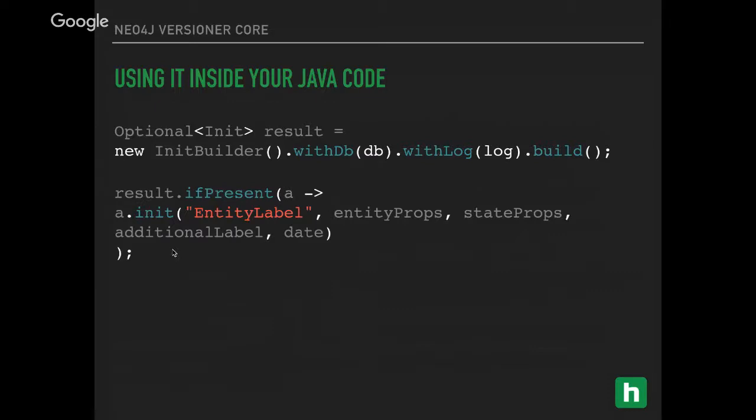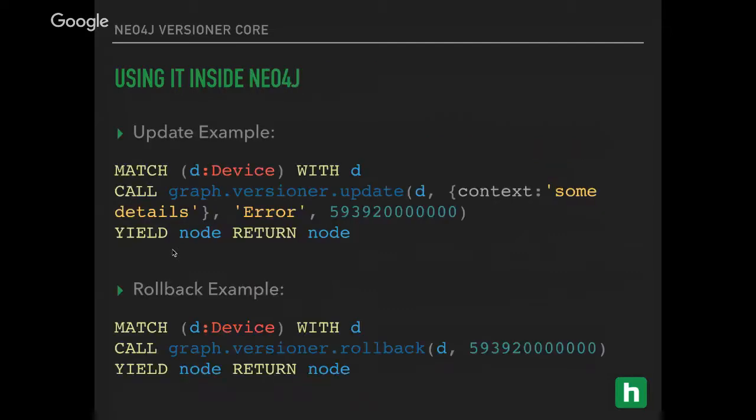So basically, if you want to create your own procedure and use our tool, you can do that just by importing it as a dependency in your project. Also, you can import it in other kinds of projects. You just need to give it a Neo4j instance as a DB, and the log you're using. So that's it. Using it inside Neo4j is also quite easy because it's the Neo4j procedure way